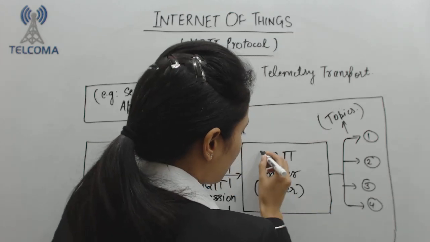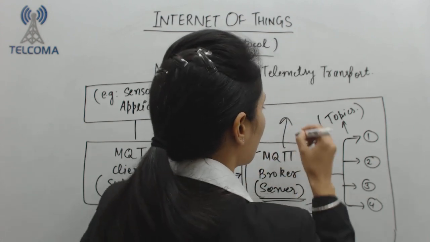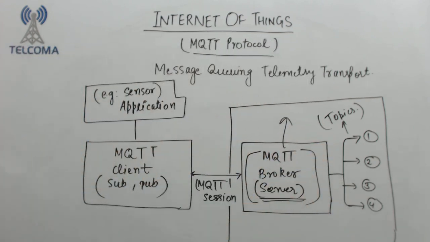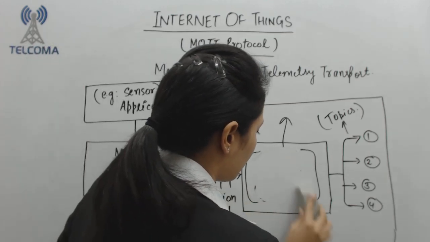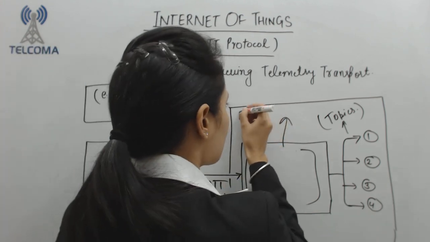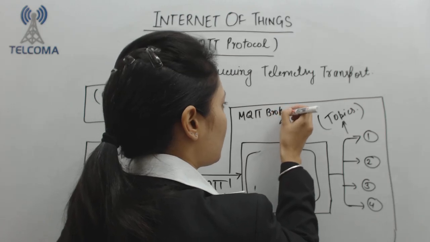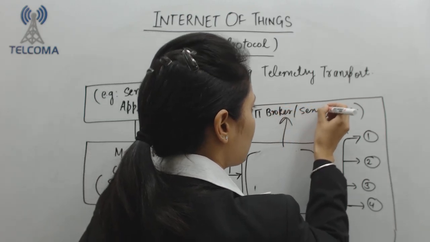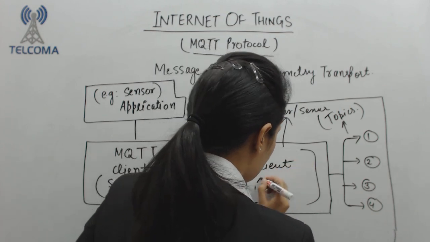So this MQTT, this is your complete MQTT server. This is your complete block, which is your MQTT broker or your server. Now here you have the client